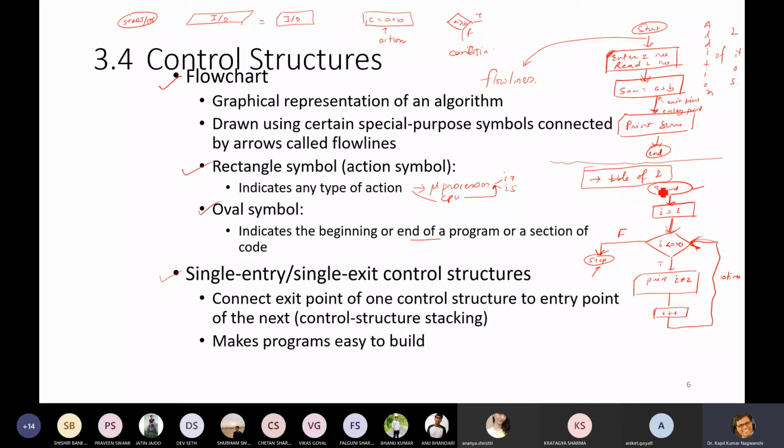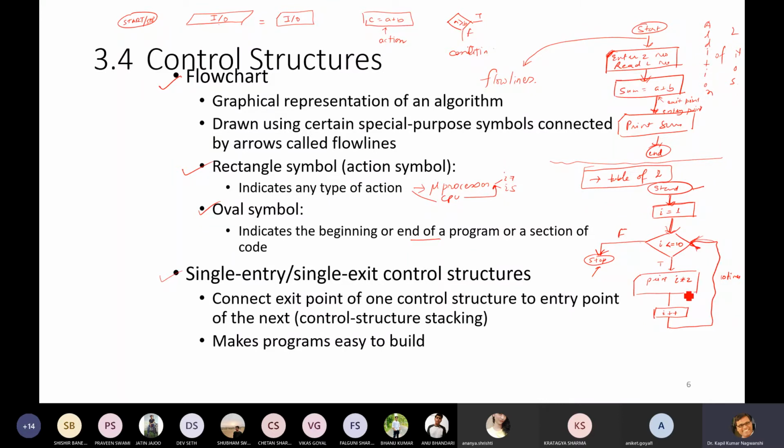Now come to the next, table of 2. Start and end, or you can use stop also. So I equals 1 is the initial value, and I is less than or equal to 10, because we are printing the table for 10 times: 1, 2, 3 up to 10, and it will print I multiplied by 2. Why?